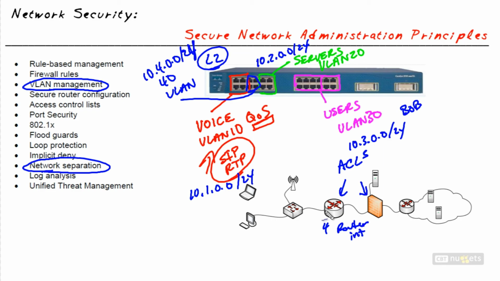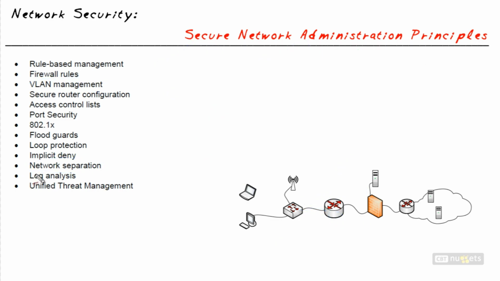For example, on this router interface that goes to the switch, we could use trunking. And on that trunk, we could use a trunking protocol like 802.1q as in quiet. And on this physical interface, we could create 4 sub-interfaces. And each of those sub-interfaces could support an individual VLAN. So one of those sub-interfaces is for VLAN 30. One of those logical sub-interfaces is for VLAN 20. And then we create the access control lists and apply those access control lists to those sub-interfaces to control exactly what traffic is allowed in and out of those interfaces. In the case of a firewall, we have some specific terms for the separation